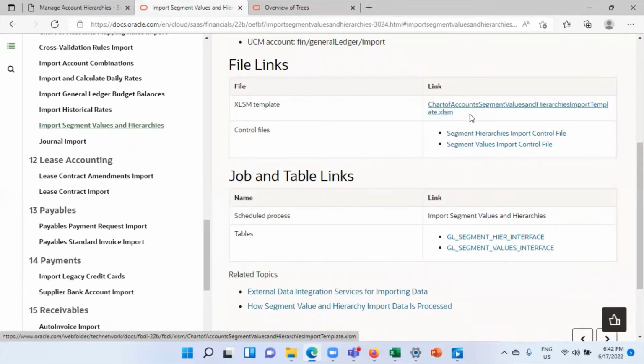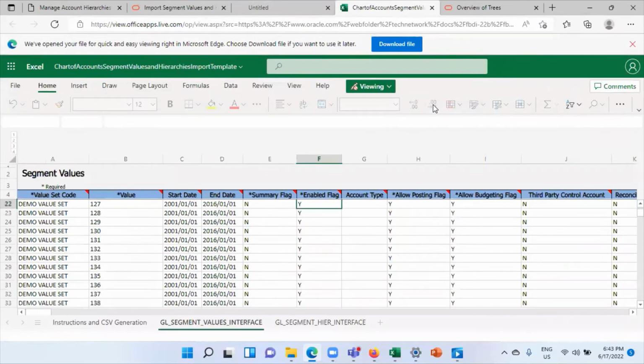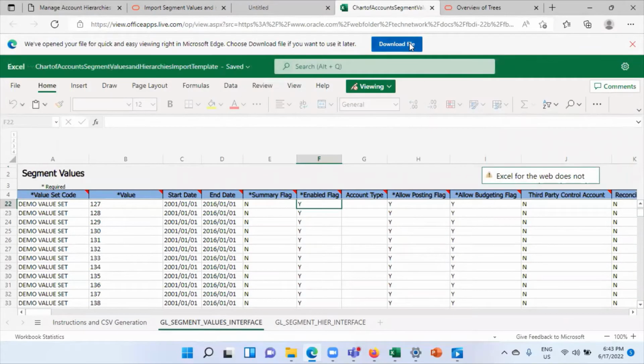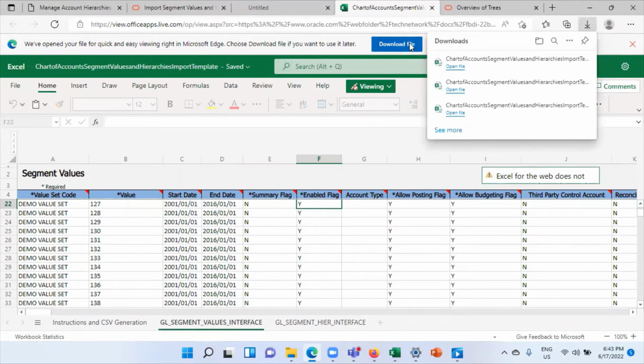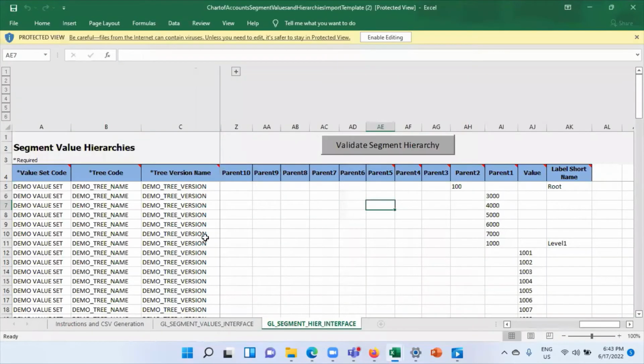Click on it. This is the chart of accounts, segment values and hierarchies import template. We have to download it. Click on download file. Click on open file. Go to instruction and CSV generation sheet.